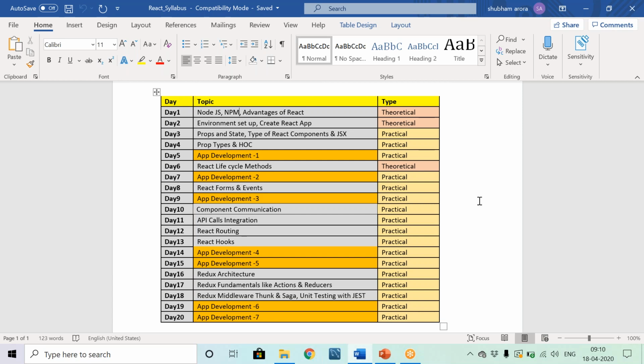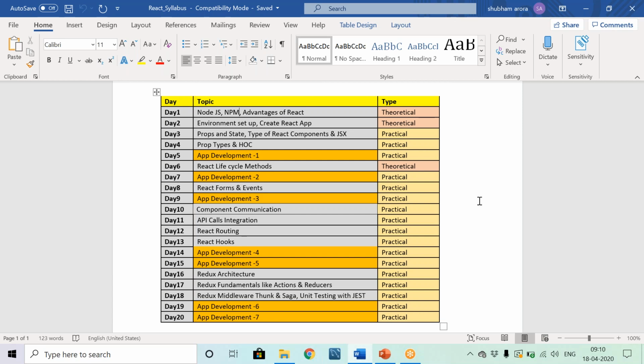We'll compare React with other libraries in the market, and we'll see what core advantages it gives over the other rivals in the market. Then we will move to environment setup, how to set up the environment for our applications. Then there is a package called create react app. This package creates a boilerplate for you. While using this boilerplate, we will be creating our application. So we'll see how it is done.